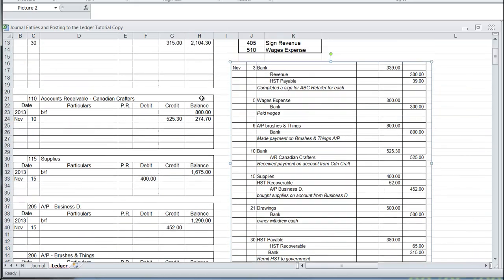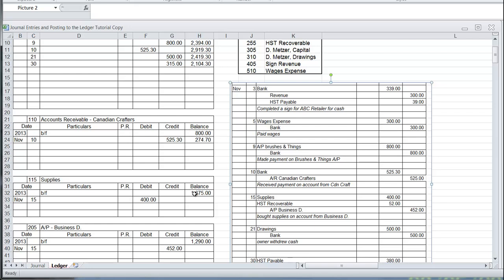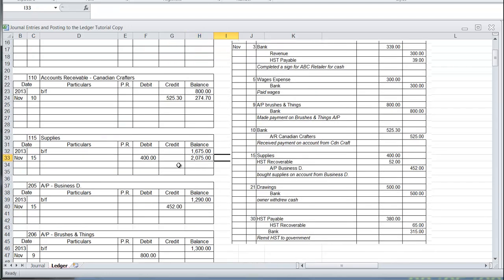And so, for this one, we could go equals, and that's the H32 number. And we would add to that this debit because this is an asset. Okay, so our supplies have gone up $400. So for this one, it would be this number